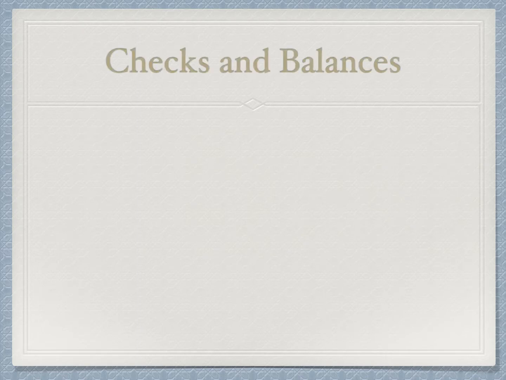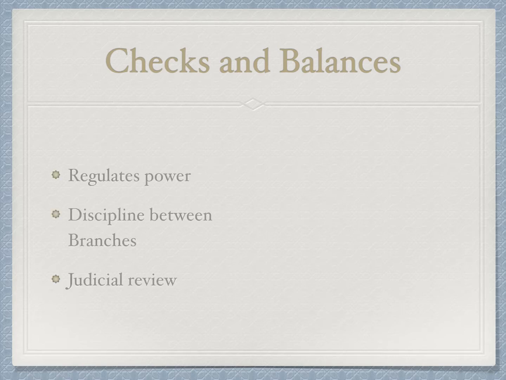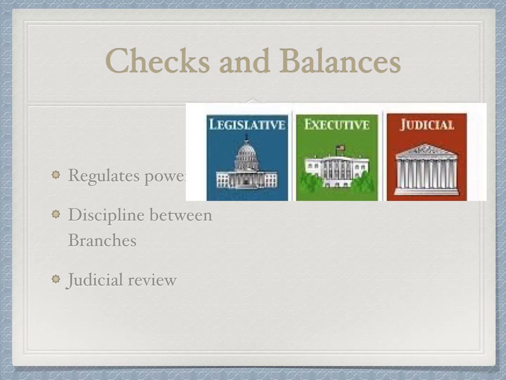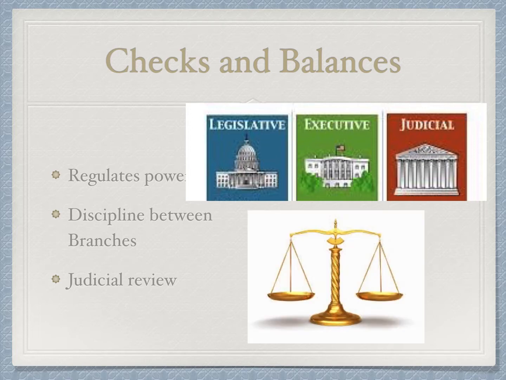Checks and balances. Federalist 51 also mentions checks and balances. They are a very essential part of the government because they preserve the liberty of the people. They keep the power properly divided between each branch, and they allow the branches of government to regulate each other. This may include judicial reviews, vetoes, impeachments, etc.